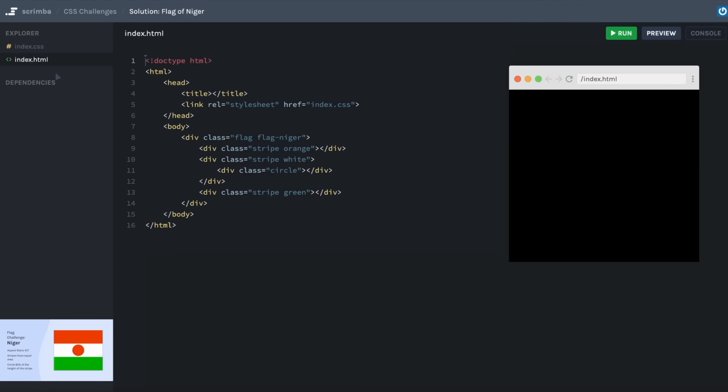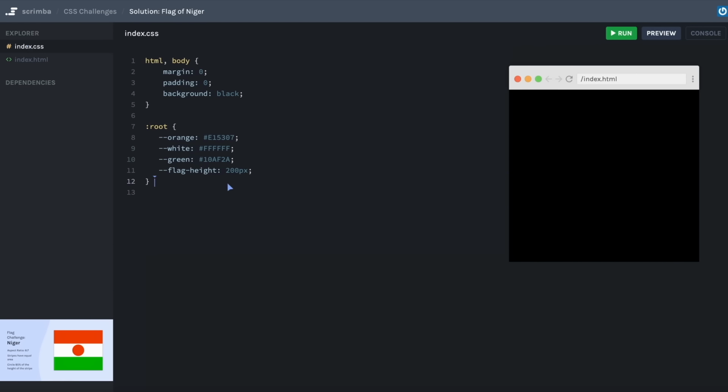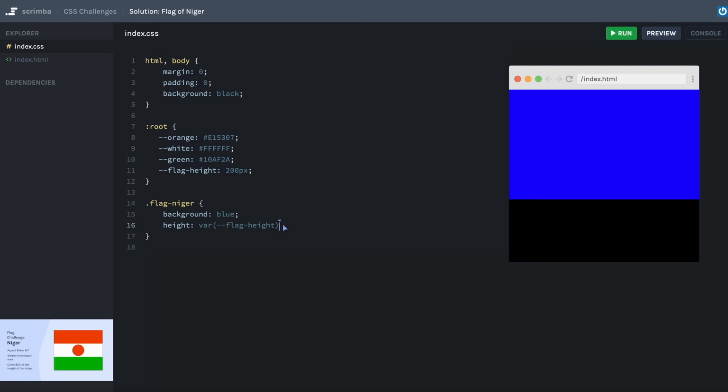So let's get started. In my index.css, you can see that I started us out with a flag height of 200 pixels. So I'm going to select my flag container div. And let's start with a background so we can see what we're doing, just a temporary color. And then I will give my flag a height and width. For the height, I'll use my flag height variable. And for the width, I'll use the